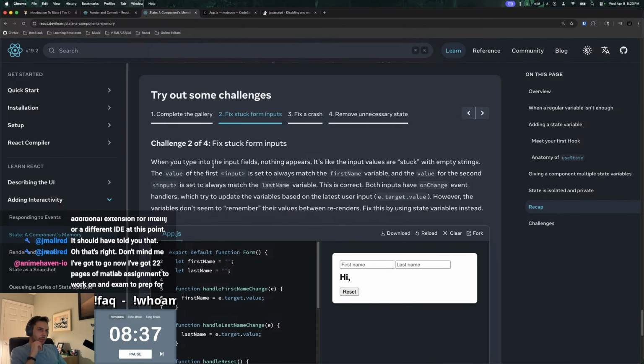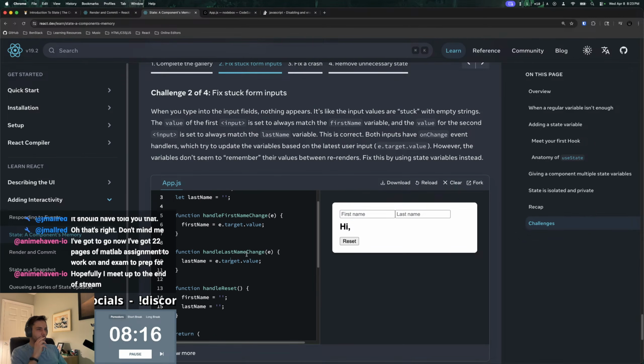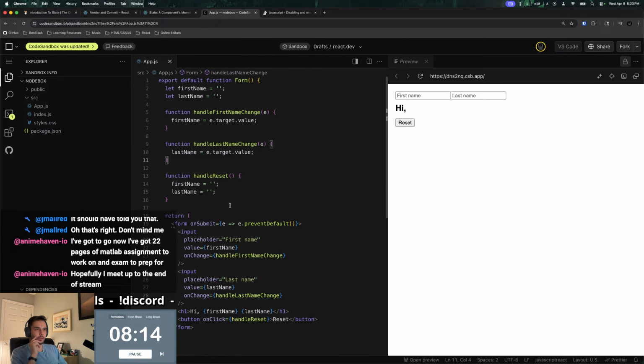Okay, let's see. When you type into the input fields, nothing appears. It's like the input values are stuck with empty strings. The value of the first input is set to always match the first name variable, while the value of the second input. Both inputs have the onChange event handlers, which try to update the variables based on. Okay, so this basically is just refactoring to use state instead of